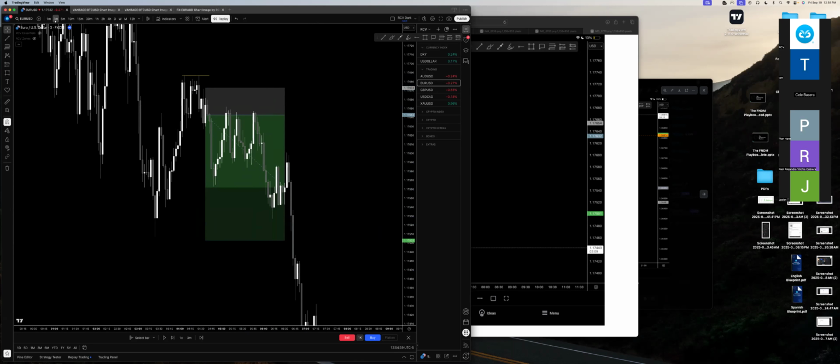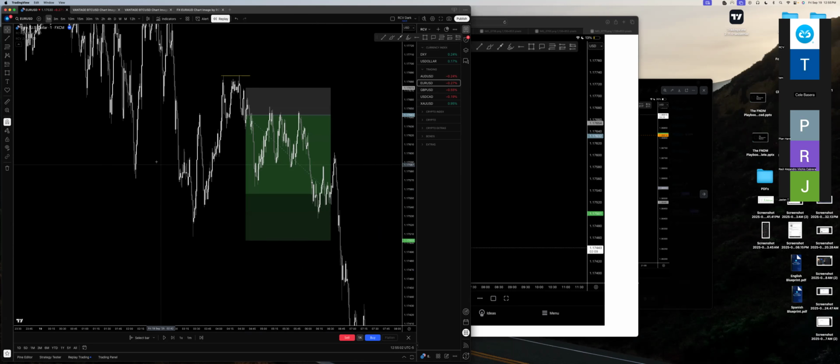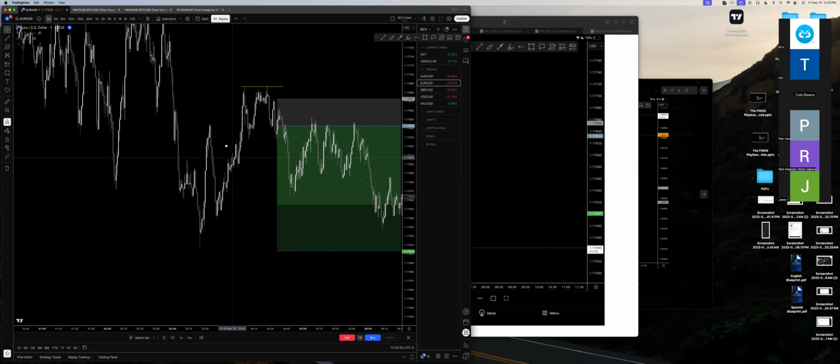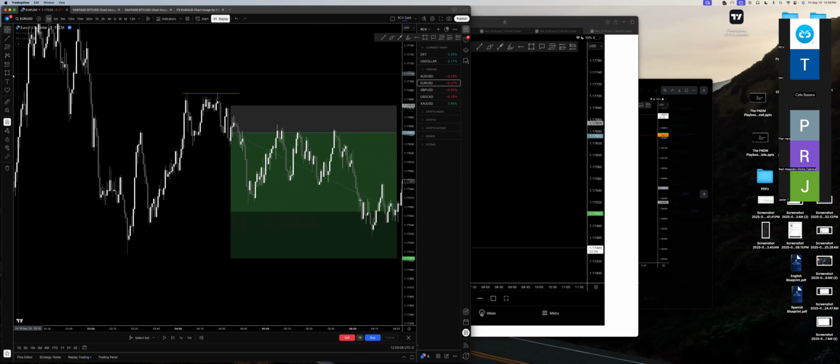But my entry came after that, because if we go to M1, we can see here there is some type of turbulence point, and there is some type of demand here. And I know there's demand here as well because we did have that bullish reaction here. We can see a bullish reaction here, and then we came back, tested again, and gave another reaction.